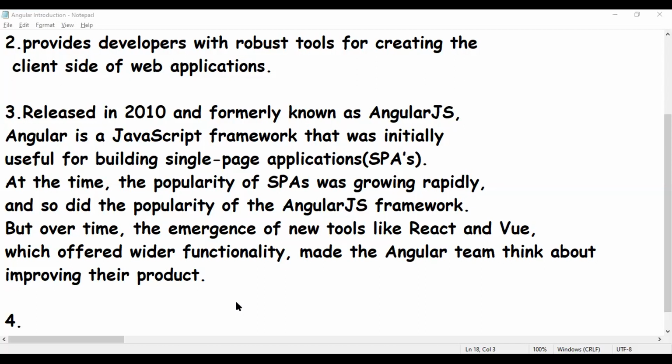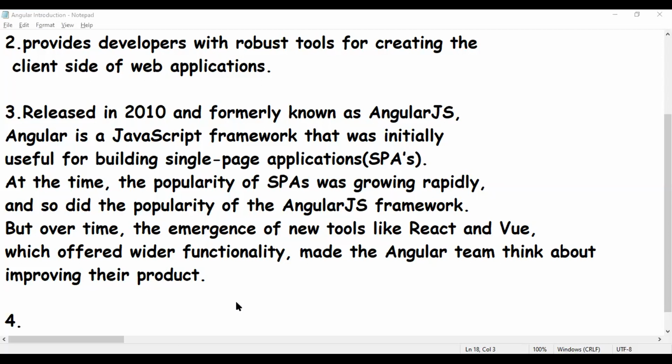In the new version of this tool, we are only calling it Angular from the version released in 2016 by Google.